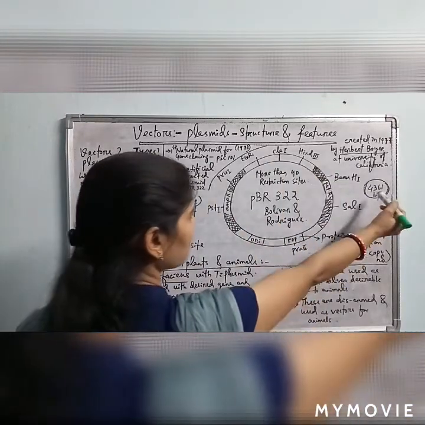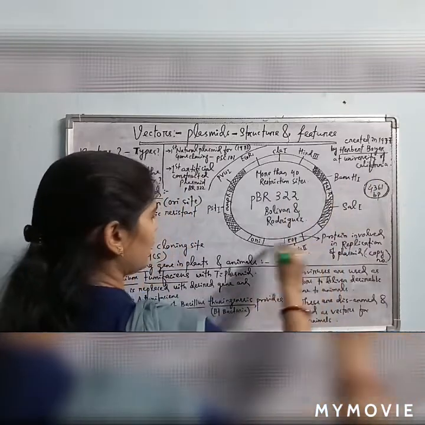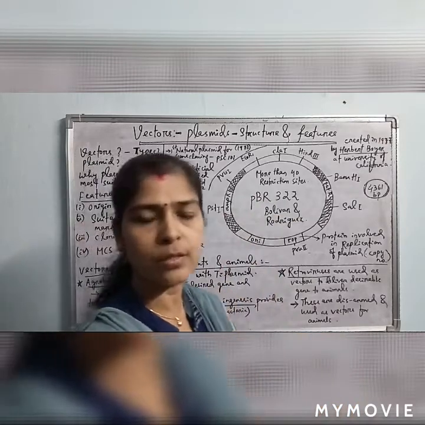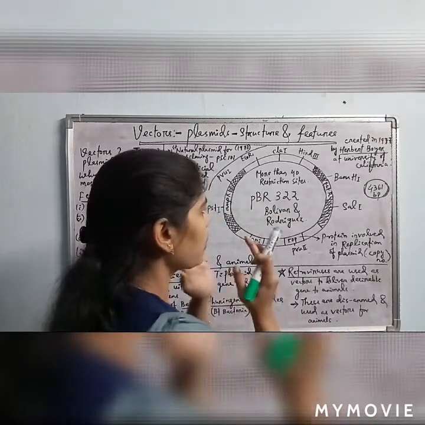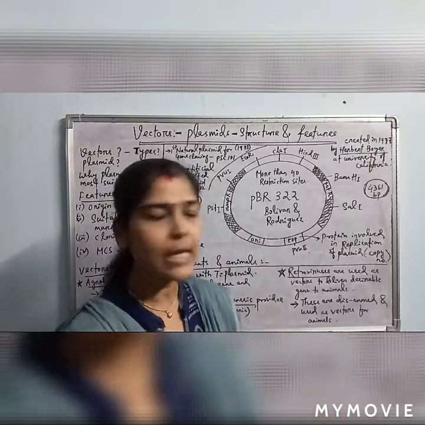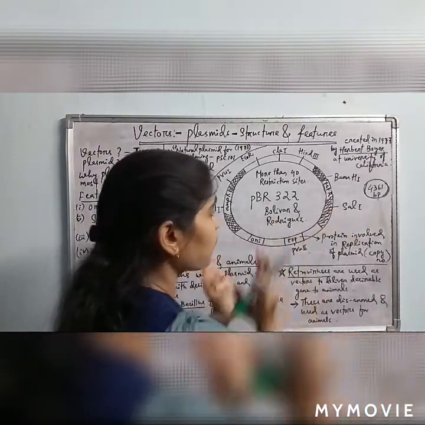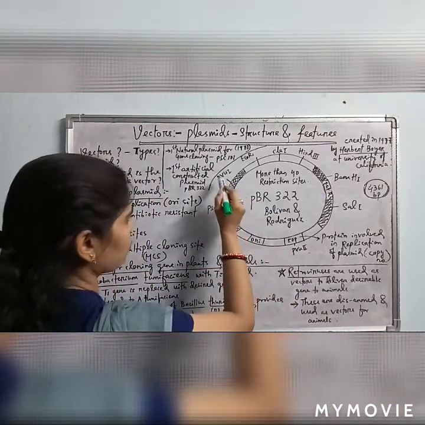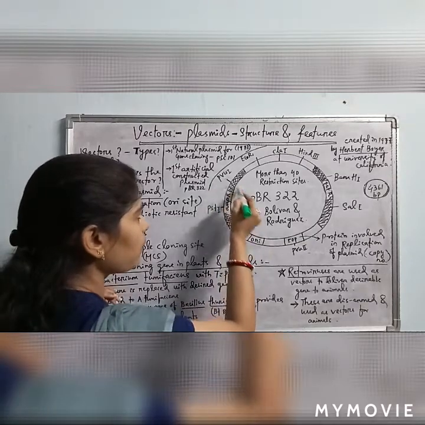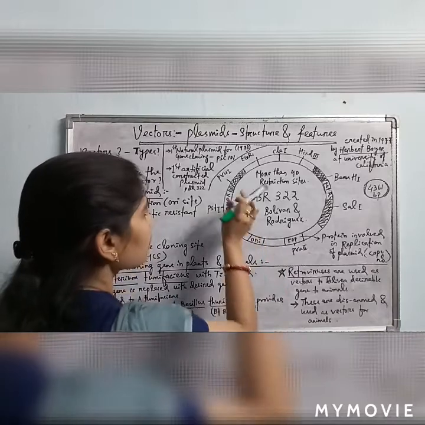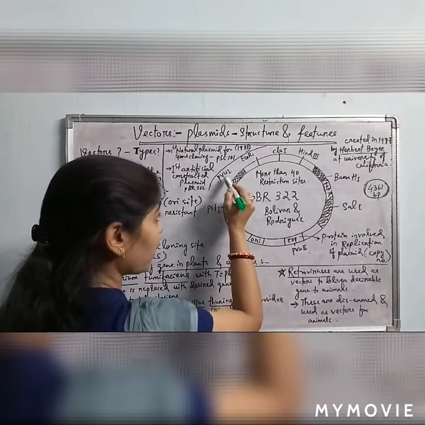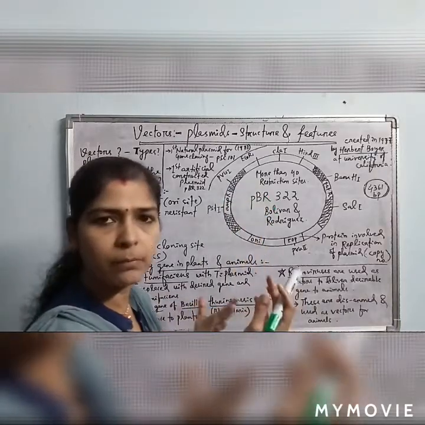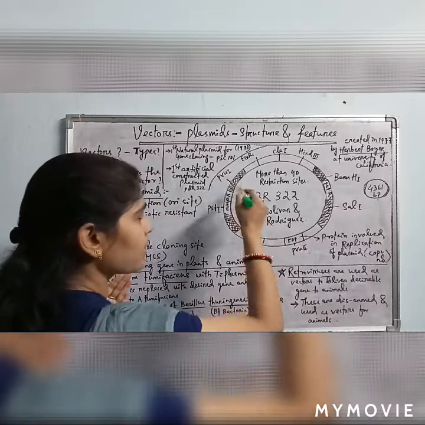It is 4361 base pairs in length. It has more than 40 restriction sites of different restriction endonucleases, any of which can cut or linearize this plasmid, and it has two antibiotic resistance markers. Suppose we are using PvuI restriction endonuclease. It will cut the plasmid at that particular site. If we insert the desired gene here, the desired gene will be ligated in the cut site, or linearized site, of the plasmid.